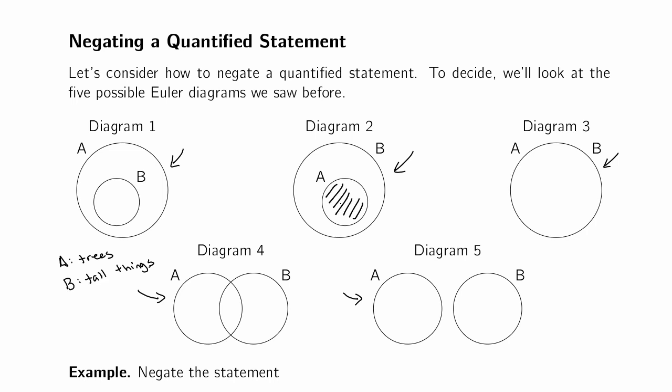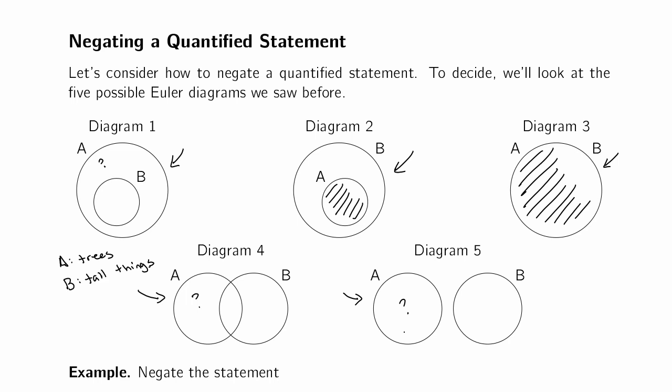we could have the A circle totally inside the B circle, right? All of the trees are tall. Or we could have trees and tall things being the same. Over here, we can't have this because this would be a tree that's not tall. This would be a tree that's not tall. This would be a tree that's not tall. Okay,